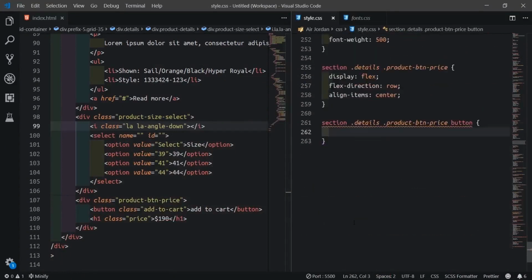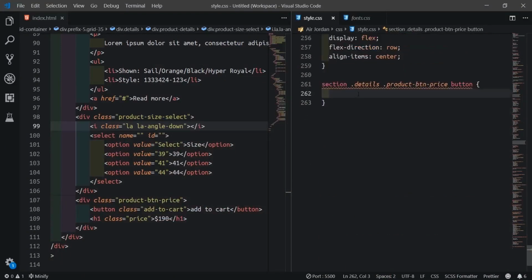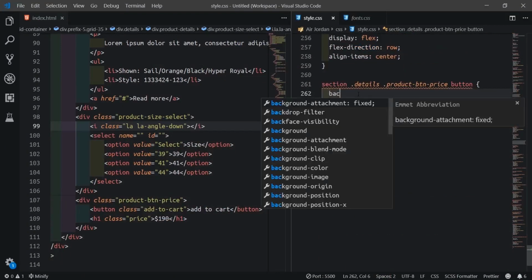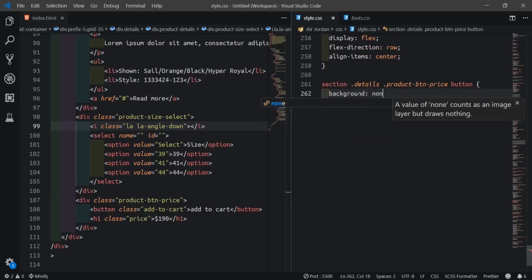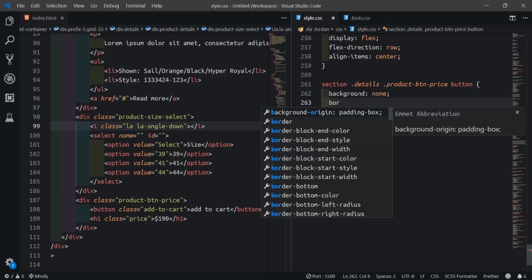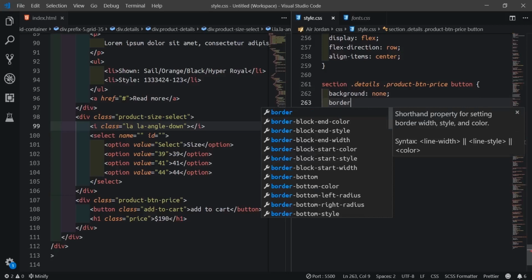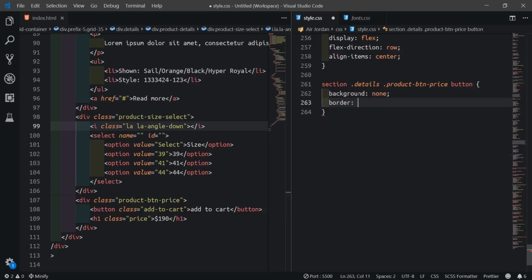So this button, background could be none, and we'll say border 2 pixel solid #FFF.